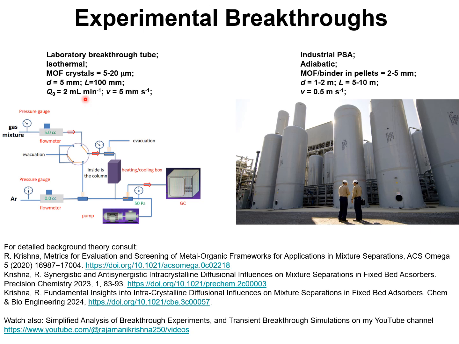The inlet flow rates used in such laboratory apparatus is of the order of 2 milliliters per minute, and the interstitial gas velocity within the tube is of the order of 5 millimeters per second. Industrial PSA units operate differently, and it is common practice to operate under adiabatic conditions